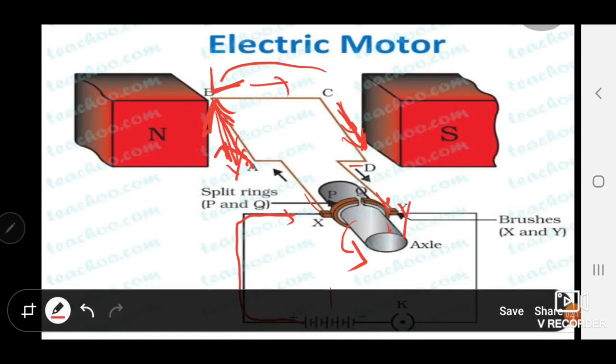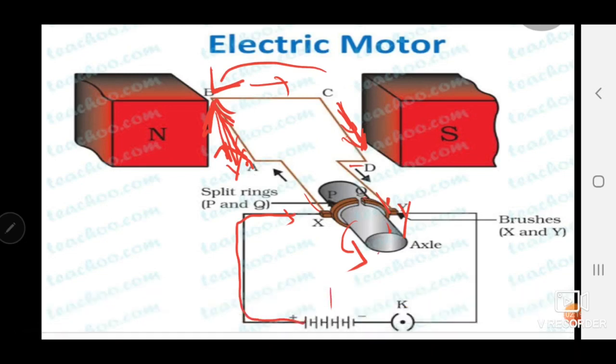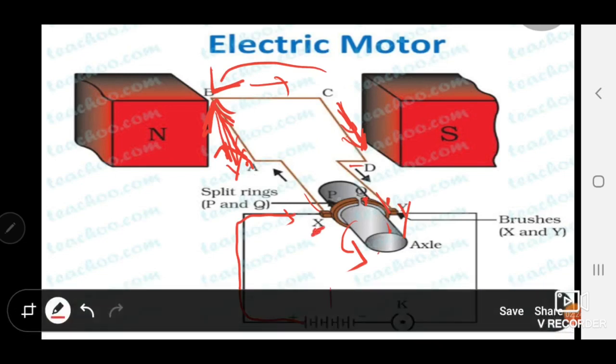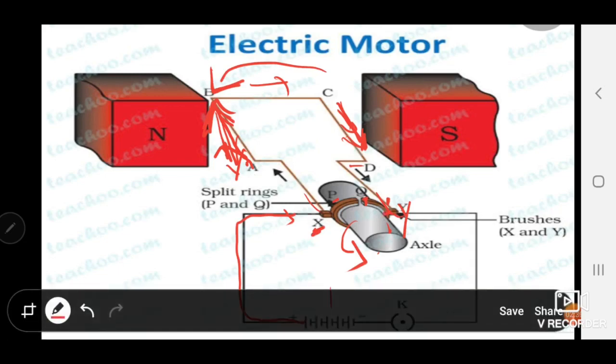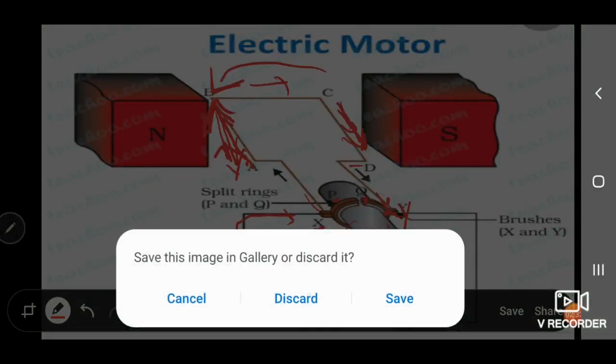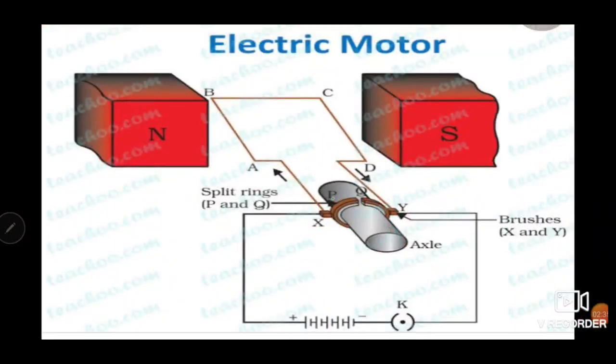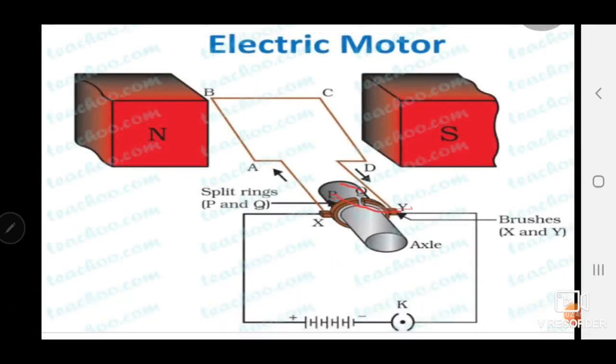So now the Q makes contact with the brush X. So as the half rotation is completed, the Q is present here now. So this Q makes contact with the brush X and P comes in contact with the brush Y. Therefore the current in the coil gets reversed. So as P comes in contact with Y and Q comes in contact with X, the coil gets reversed